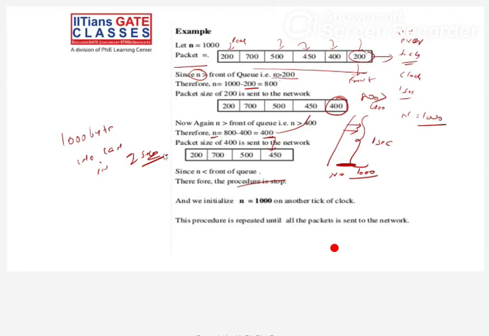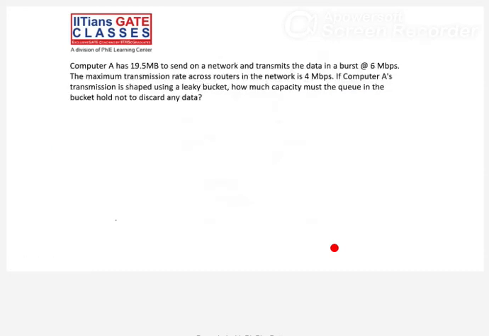So start with leaky bucket. Here your bursty data is coming, which is, let's say, 0 to 2 seconds. This is, let's say, in seconds, right? From 0 to 2 seconds, 12 Mbps data is coming at speed. Now from 2 to 7 there is no data. Then 7 to 10, 2 Mbps data is coming. So bursty flow is there, like a bucket. The flow is always fixed at this rate. So 3 Mbps is the output rate for the leaky bucket. That's the algorithm. So some algorithm we are applying on the router, right?